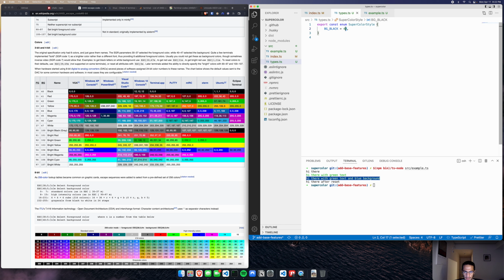Similarly, we'll have a bunch of different styles that we are going to encapsulate in here. So black is 40, we have red, then green, yellow, blue. So we have 40, 41, 42, 43,